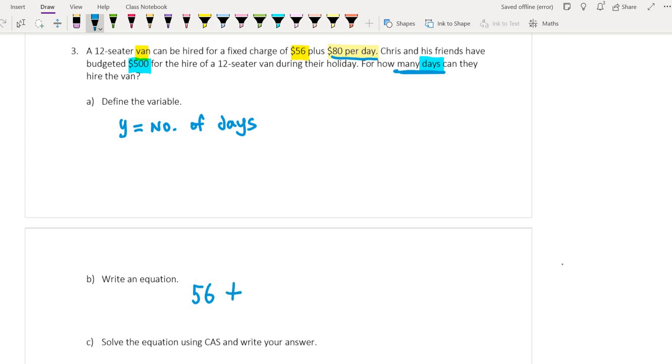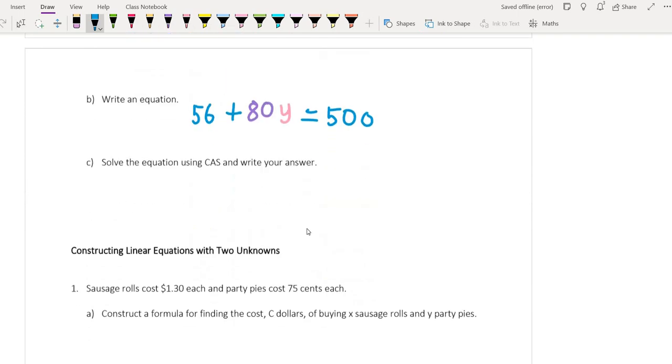So on top of this, we have $80 that gets charged every day, and we don't know how many days, so let's just write y here because we don't know the number of days. And what we do know, however, is that we can only make it equal to 500 because that's all the money that we have. And this is our linear equation for this question,